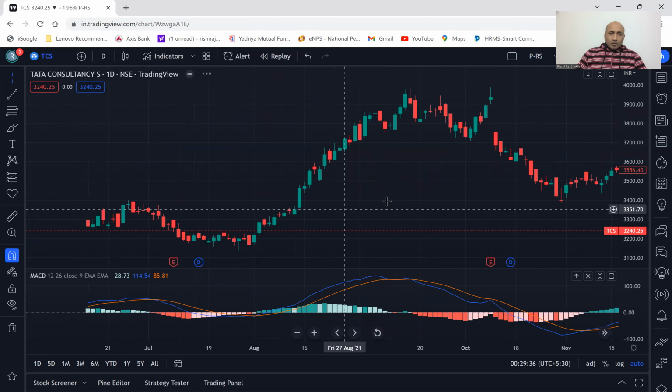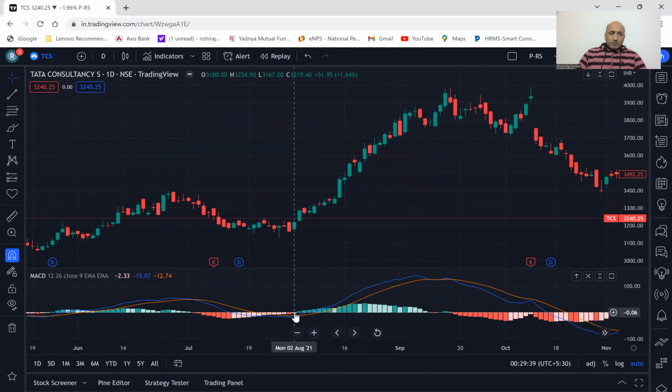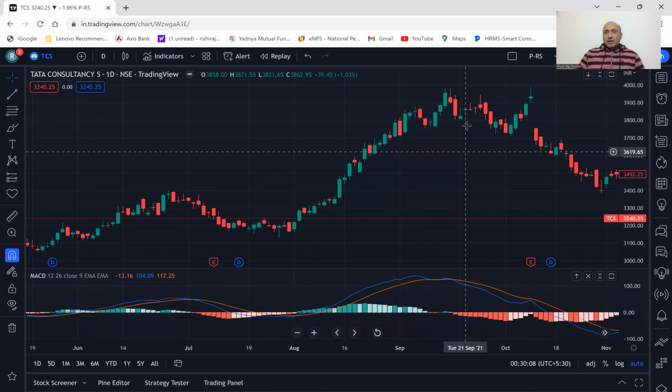Here also, if you want to see, this point reduces this negative volume, this negative histogram, and from here it is going into positive territory. And one can see this blue line also crosses this red line, and one can take a trade here and go till almost here, where this comes to zero and the red line goes above the blue line convincingly, and then one